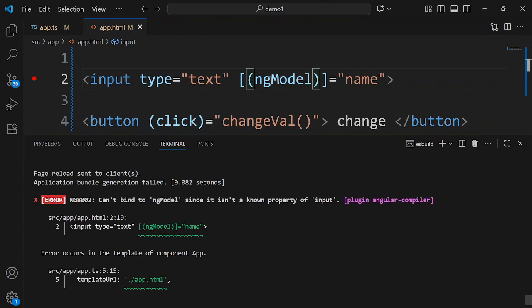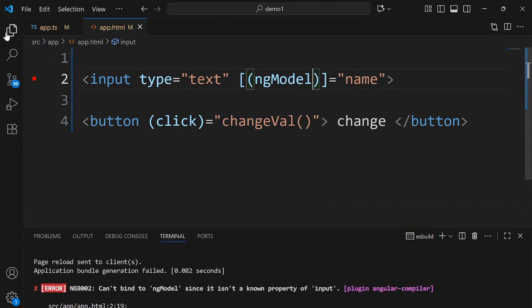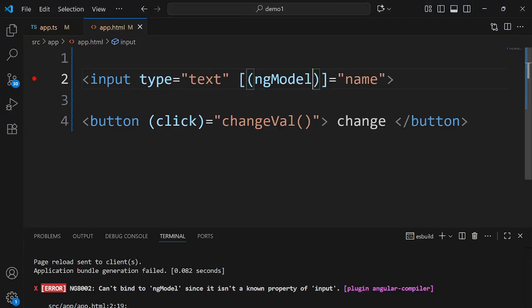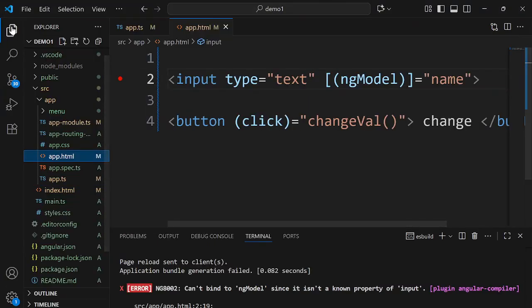It is not a known property. To make it a known property, it's actually a part of the forms module. So we have to tell Angular that we are going to make use of this ngModel from the forms module, so you better import it from there. How will we tell our application to import the forms module? Here comes the usage of our